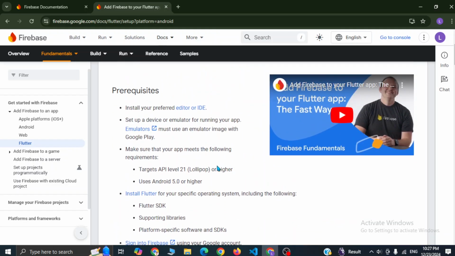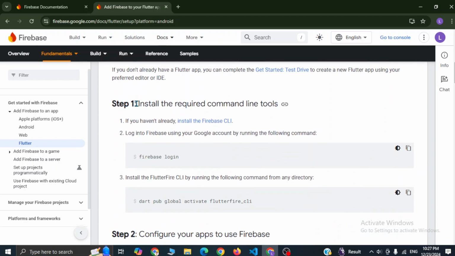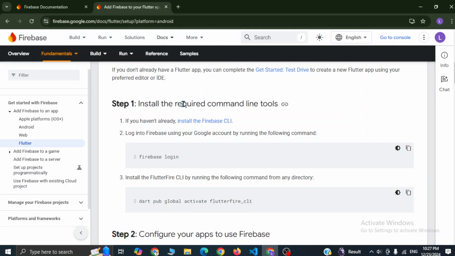So here you can see, okay, we already have Flutter and basic setup ready. So we can directly start from step one. So first of all, we need to install the required command line tools. Okay, so let's start by installing the Firebase CLI. Click on this link, install the Firebase CLI,